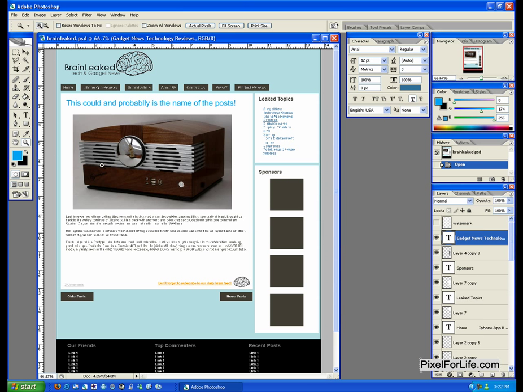Now, we have the basic color scheme selected out, and all we're going to have to do now is decide on how we want to go ahead and slice this up. Now, if you had rounded corners, it would change the way you do things. You would actually cut it out a little bit differently. But for this first lesson, I just wanted to do square corners to make it a little bit simpler for you guys. So the first thing, as you can see here, is we have two content areas, and then